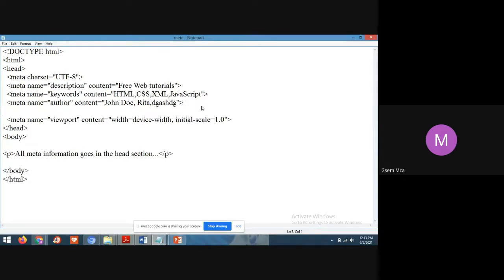One more meta tag I'll implement here. Meta name location, content college. You can execute the program in college or home, or if it is any live project.